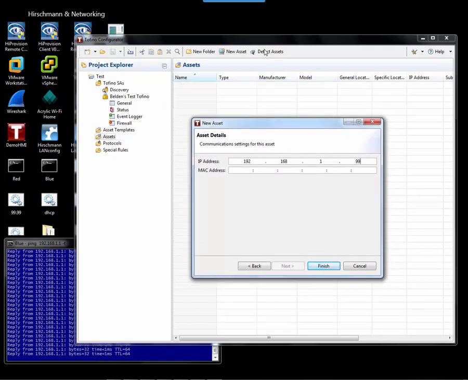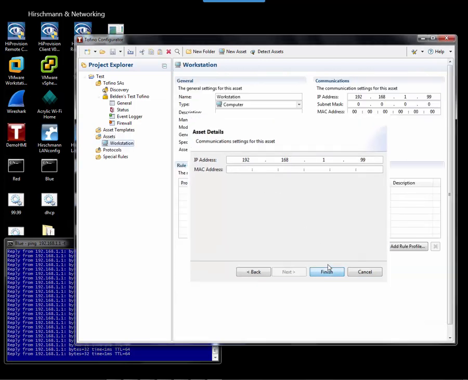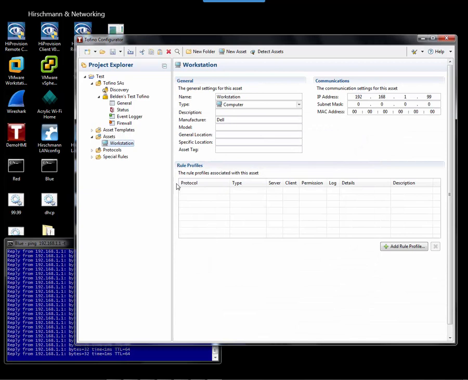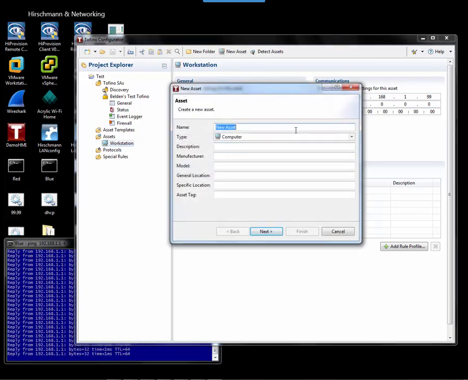Obviously the benefit of detecting assets is that the MAC address will be provided, and this way the likelihood of fat fingering a MAC address when entering it manually is diminished. So in this case we're going to click finish, and we have our first asset. We're going to create another asset. In this case it's